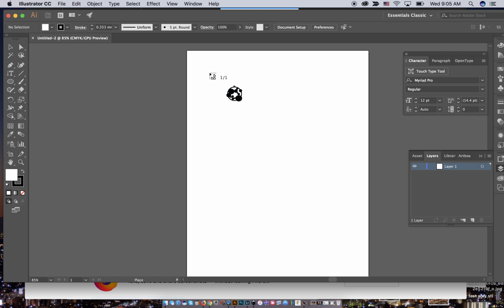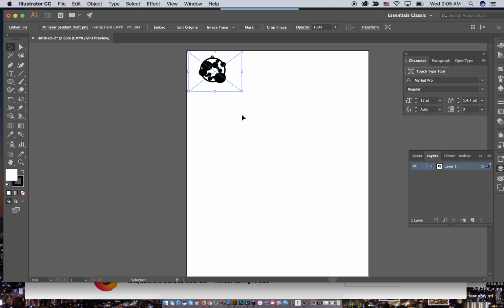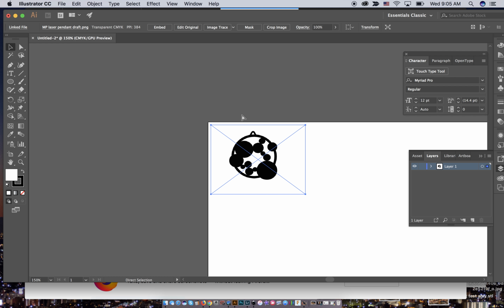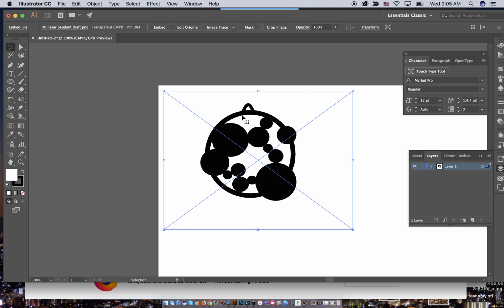With the file placed, you have a pointer and you're like, okay, so where does it want me to put it? You can put it anywhere you like. However, if we work in the top left-hand corner, it becomes easier to place that on the material in the laser bed. You can make it whatever size you need to. And if you're confused about how big exactly that is,